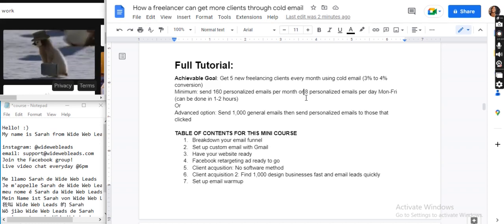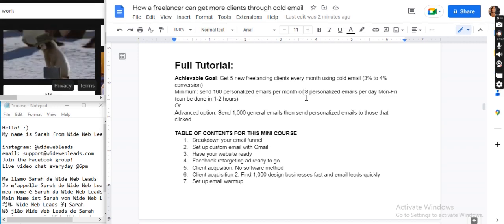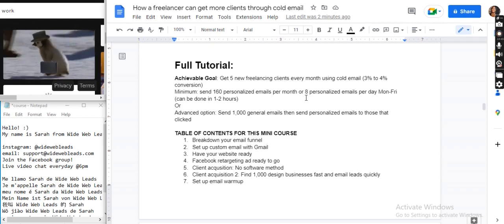You don't know anything about them. You didn't even take the time to research their name. I get messages and emails all the time from people wanting to work with either my agency business or my e-commerce business, and a lot of them are very generic. You can tell they just sent it to like 1,000, 2,000 people. And I'm not going to send a response back. I don't even know if you're a real person. You could literally be a bot and I wouldn't know.